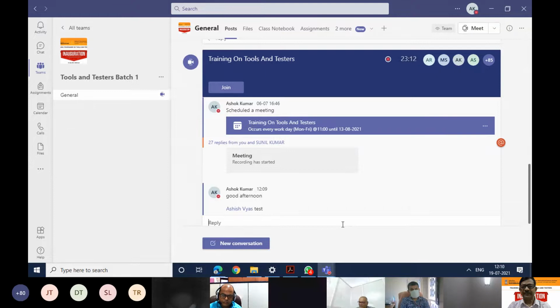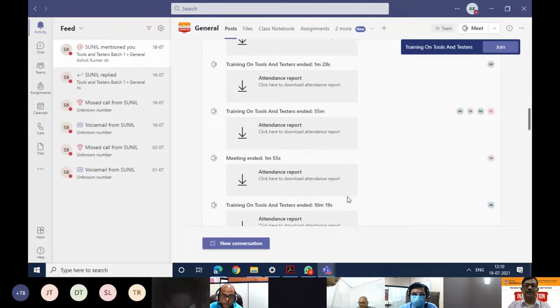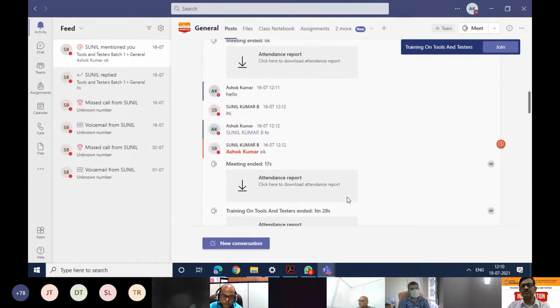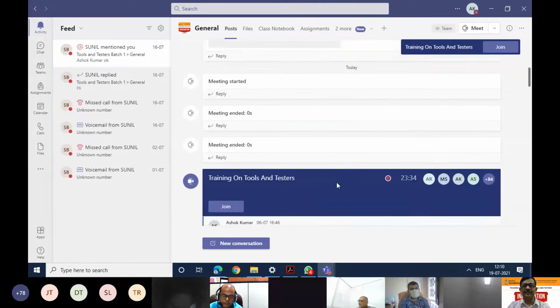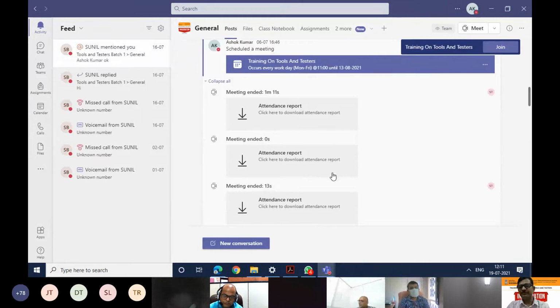And for all the activity which you do on the team, you can go to the activity tab on top here and see that whatever your activities are will be listed here. For example, for me, all those attendance reports are also visible because we have set up this meeting. So every day attendance is also recorded. It may not be available to you, but it will be available to the organizer of the meeting, like us. So we can see the attendance, who joined when.